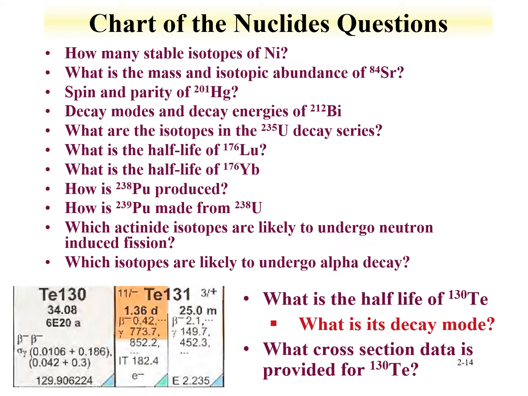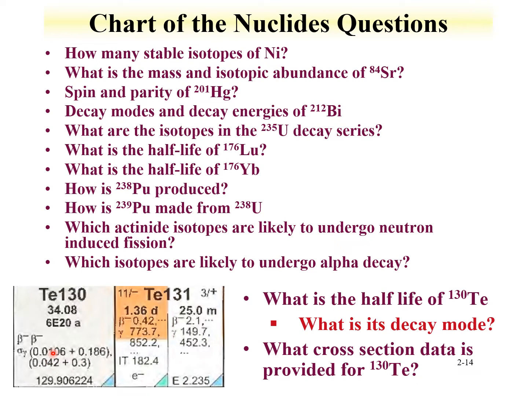So as an example, what is the half-life of tellurium-130? If I look at this, let's see, it's gray. That usually means it's stable, but it's actually extremely long-lived. It's 6 times 10 to the 20th years. And what cross-section data is provided for tellurium-130? Well, I've got this thermal and resonance